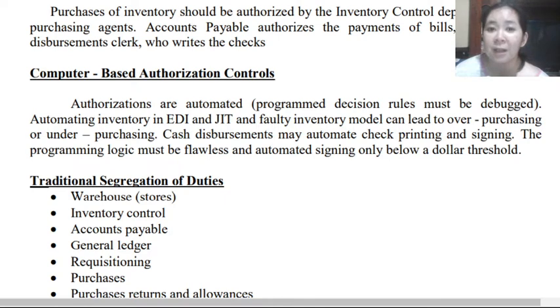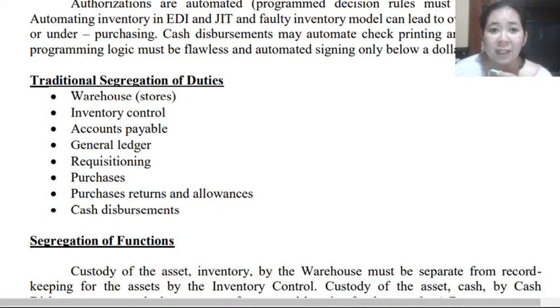automated to prepare the check printing and signing. So the programming logic must be flawless, and automated signing only below a peso or dollar value threshold. But again, it is more secure if there are manual procedures that take place along with automation, to make sure that controls will be effective. Traditional segregation of duties: warehouse, inventory control, accounts payable, general ledger, requisition, purchases, purchase returns and